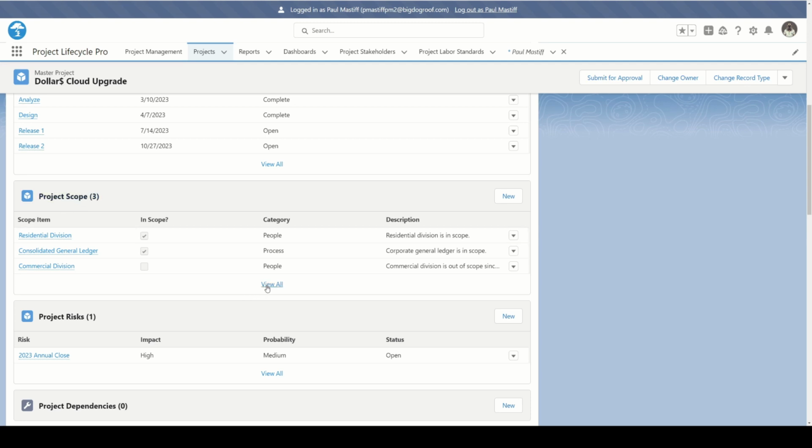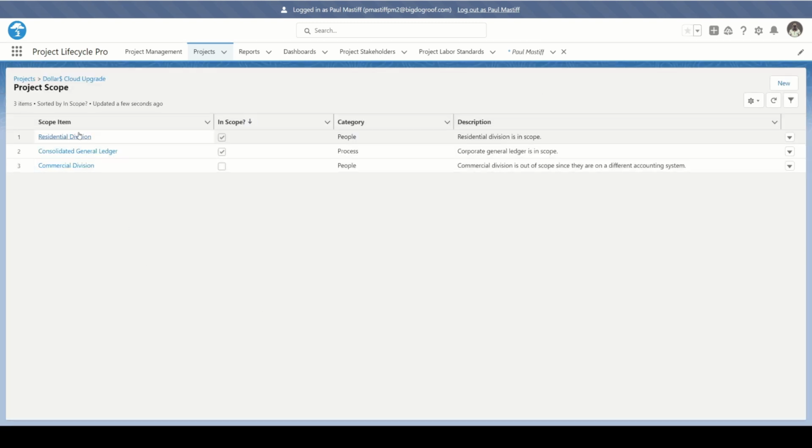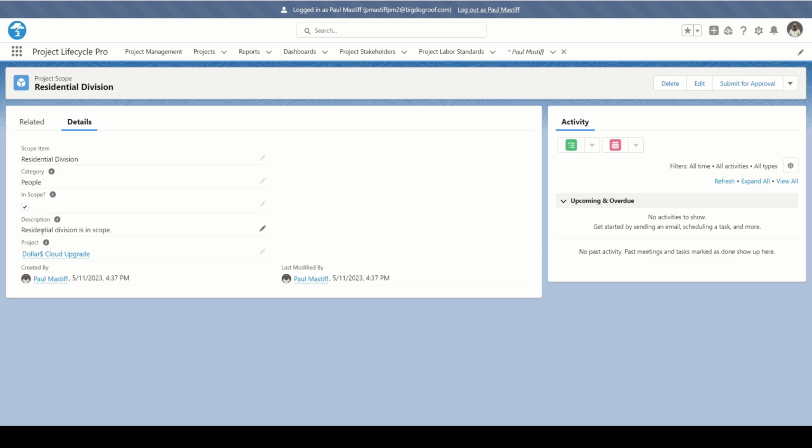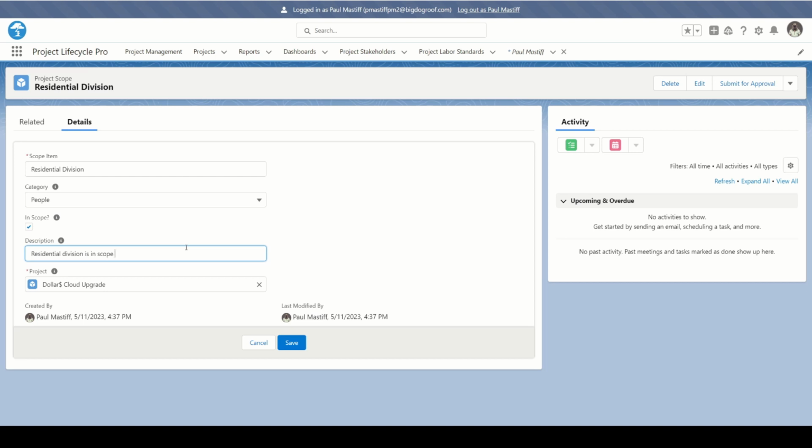So if we see here, Paul has already created some scope items. Those that are checked under in scope are in scope. Those unchecked are out of scope. We've got categories for people, process, or technology, description of the scope item, etc. So let's open up one of these, saying that the residential division is in scope, right? We probably should have a better description in here, and we can say residential division is in scope because